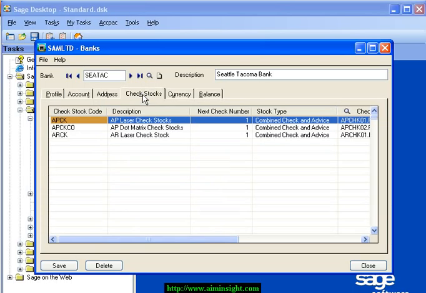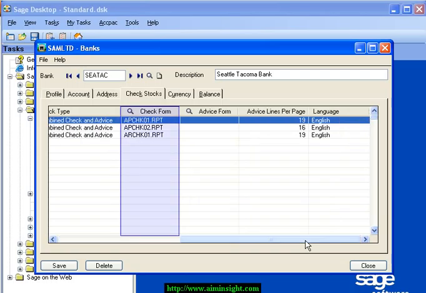The Check Stocks page allows you to define check forms that will be used in each module that can produce checks: AR, AP, and payroll. Each check must have a stock code to identify it and can be linked to a custom check form or one of the standard forms available. You can enter the next check number here, although this can be overridden at the time of printing checks. You can also indicate the type of check form that it is, the number of detail lines on the advice,